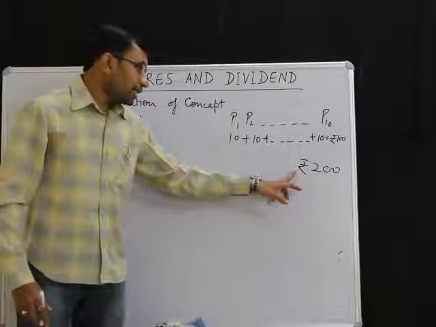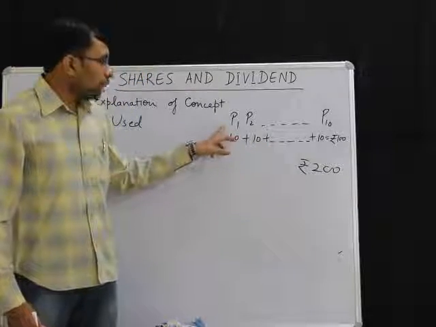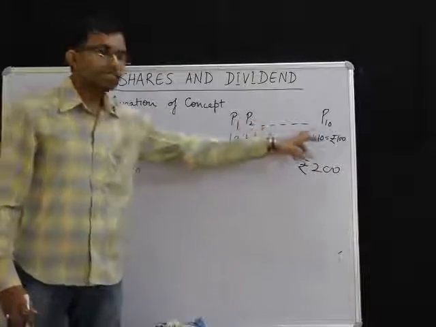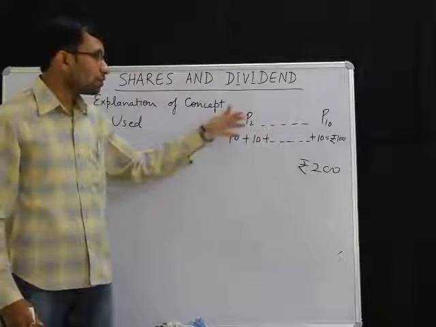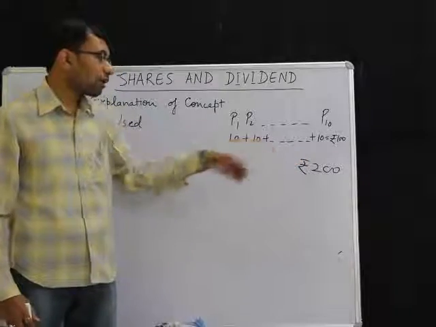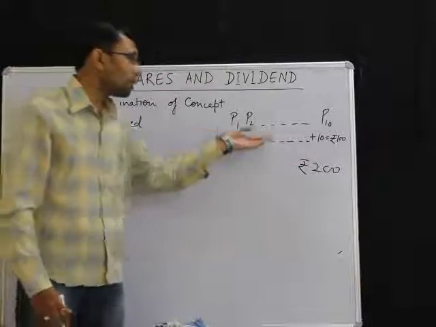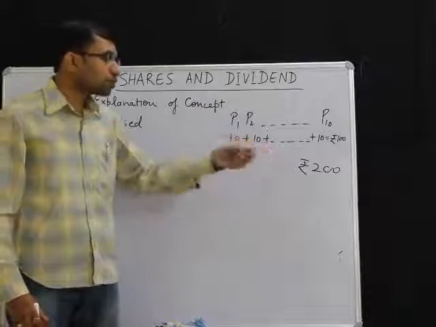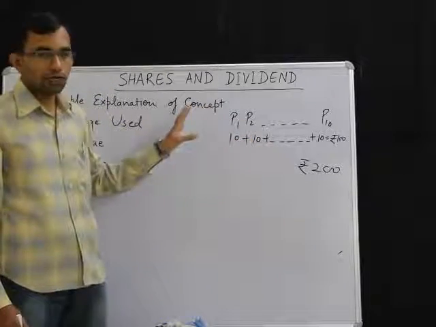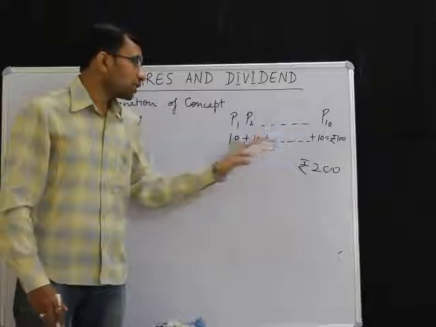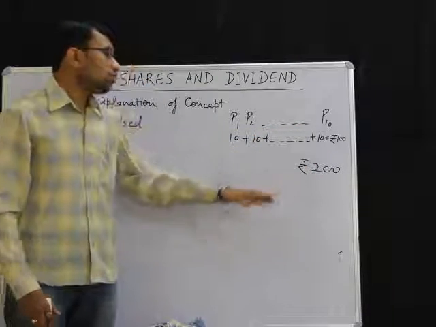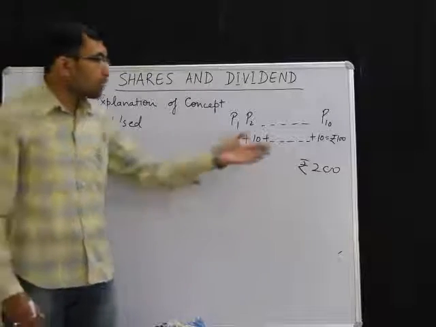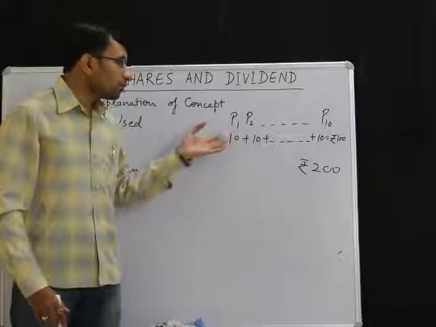Now ideally, the company would like to have these 10 investors, these 10 shareholders, with the company, because these 10 persons have invested their money. So the company would like these persons to remain associated with the company. The company would not like that each one of them sells off their shares and goes away, because these 10 persons are good, they have invested 10 rupees each. So as an incentive, if the company is earning profit, some part of the profit will be given back to